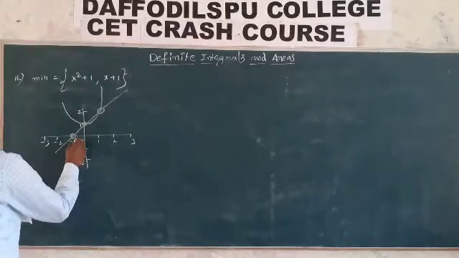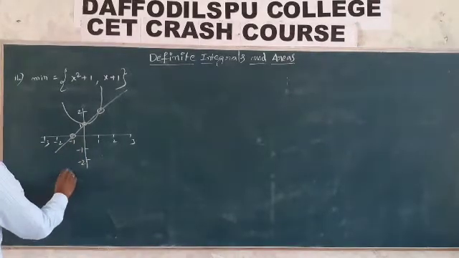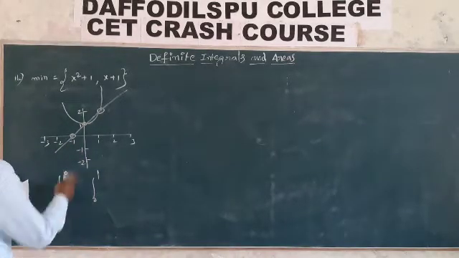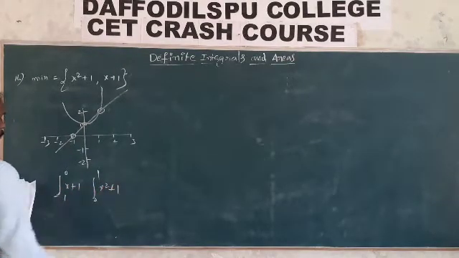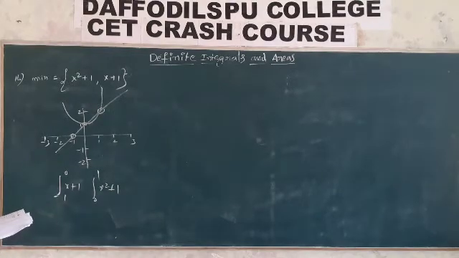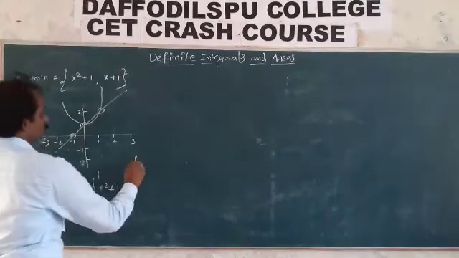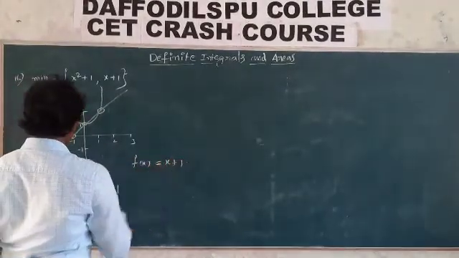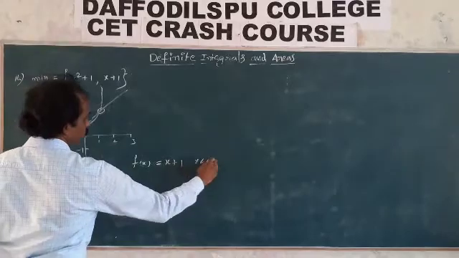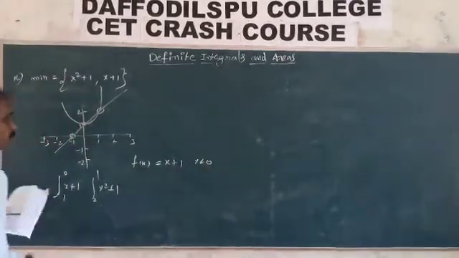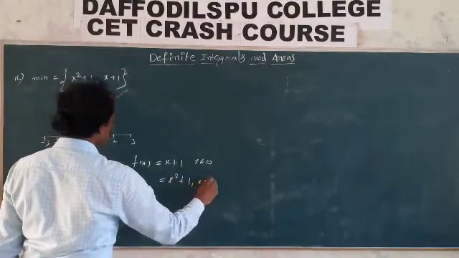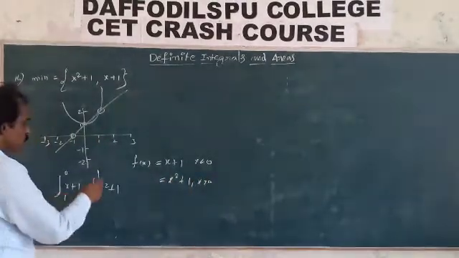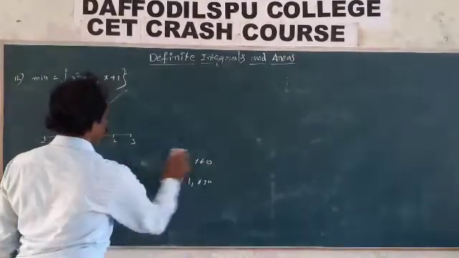So minimum of this function: from -1 to 0, this value is equal to x plus 1. This graph is equal to x square plus 1. Splitting like that, f of x is equal to the minimum of x square plus 1 and x plus 1. When you take x less than 0, x square plus 1 is more than that. This is equal to x square plus 1 for x greater than 0. So from -1 to 0 this function, and from 0 to 1, x square plus 1. Right.